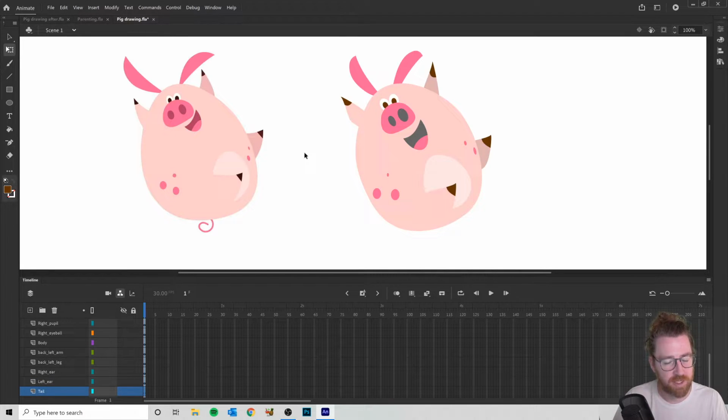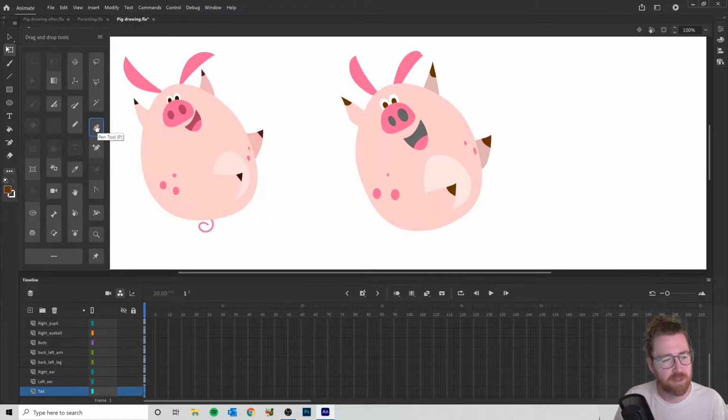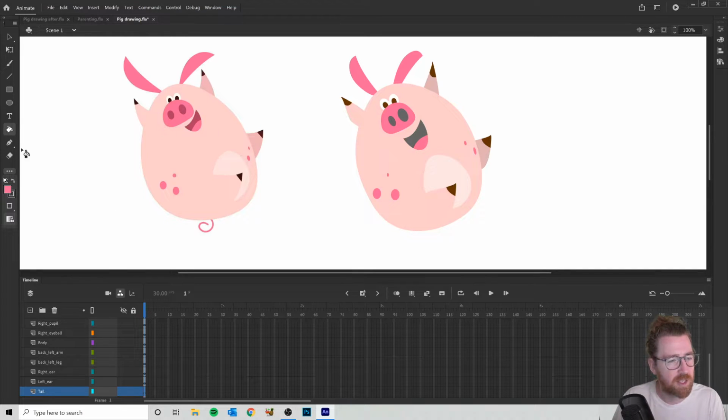Just drop that down there. And the tail's simple. I'm going to grab my pen tool. Actually, I'm going to nest it with that. I'm going to get my eyedropper and grab the pink color of the nose, and my pen tool. Basically all we're doing is clicking once to create an anchor point, and then probably